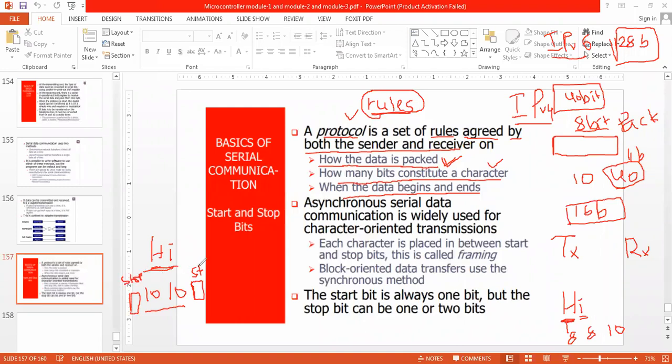Whenever the receiver gets the start bit, he will know the data is 20 bits. Then whenever he finds the stop bit at the last, he will stop receiving the data, because he knows one character size is 10 bits. After receiving 20 bits, he will look for the stop bits.